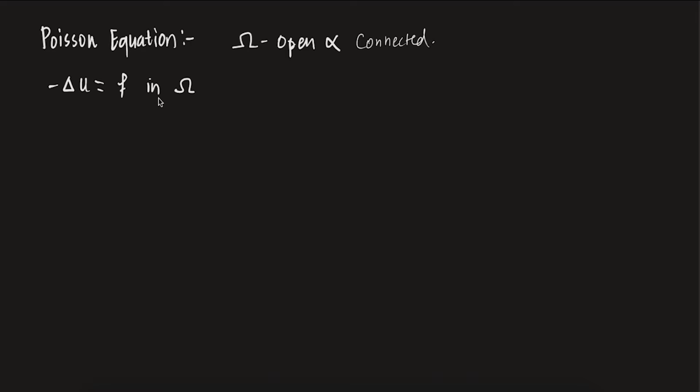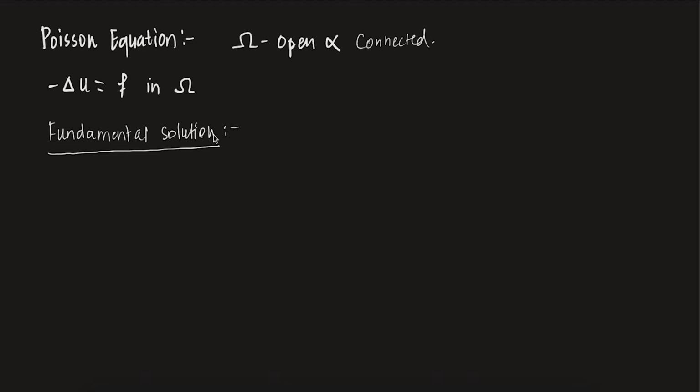Now, how do we solve this problem? To do this, we are going to start with something called a fundamental solution. We are going to solve the homogeneous problem. Let's see if we can do that. Essentially, we are going to find something called a fundamental solution. So what is a fundamental solution? We will explain all of that later.